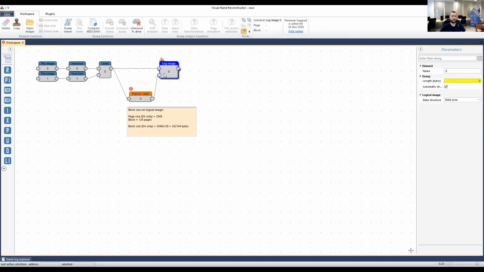So the file system corruption analysis you can open only from file system viewer. Obviously, that's where you want to check file system viewer. And so in order to get file system, first of all, as you probably know from the previous webinars, you have to remove basically all transformations, all sort of ECC, inversion, scrambling, and